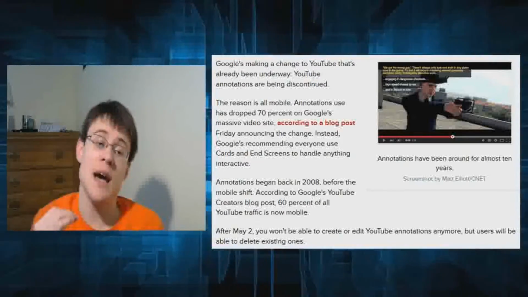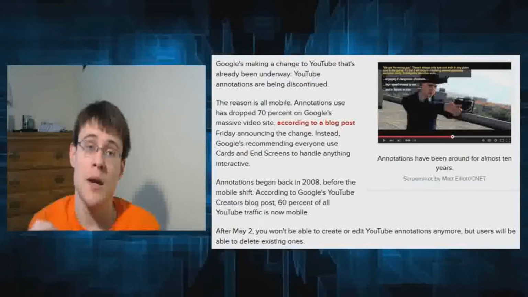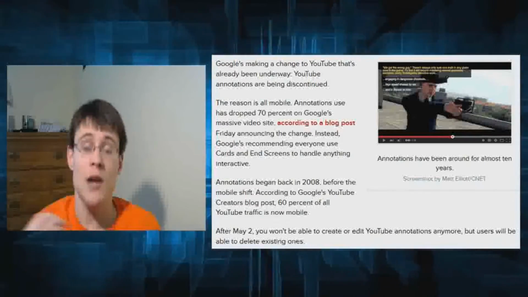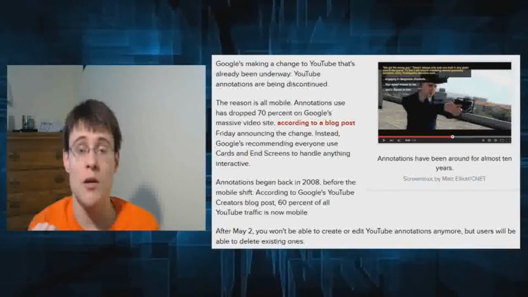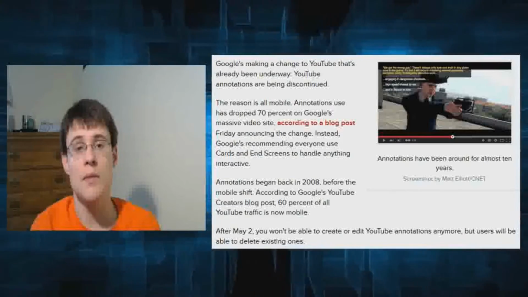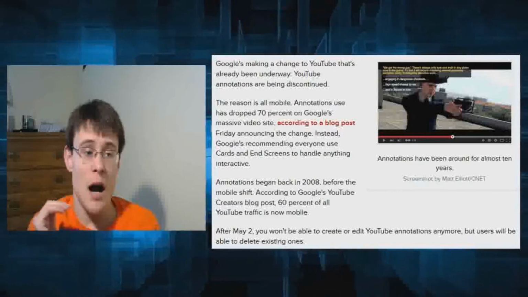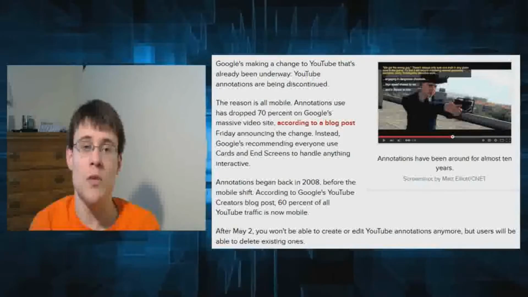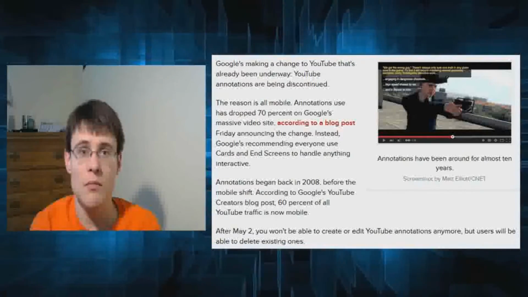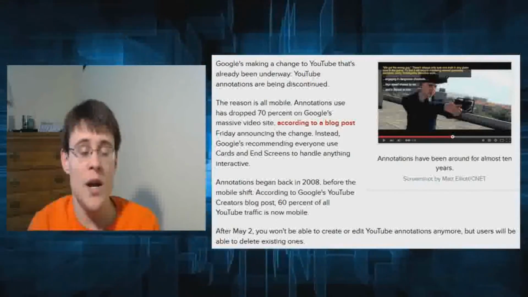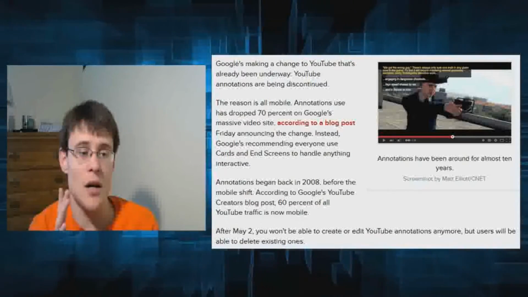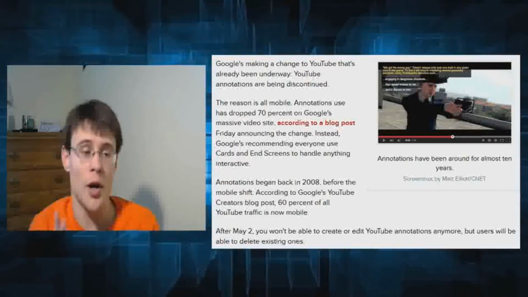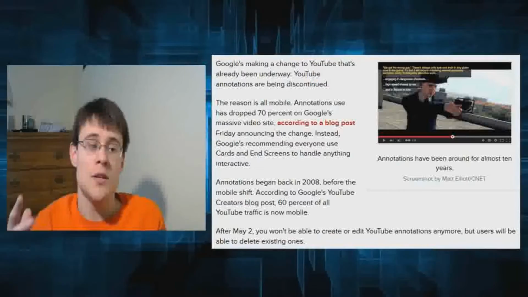So that right there is a giveaway saying that annotations are not designed for mobile use. So I strongly agree with YouTube's update, because what if you had a link to give, or say you had,